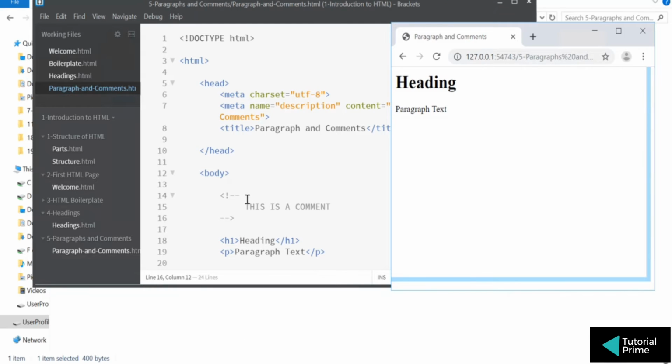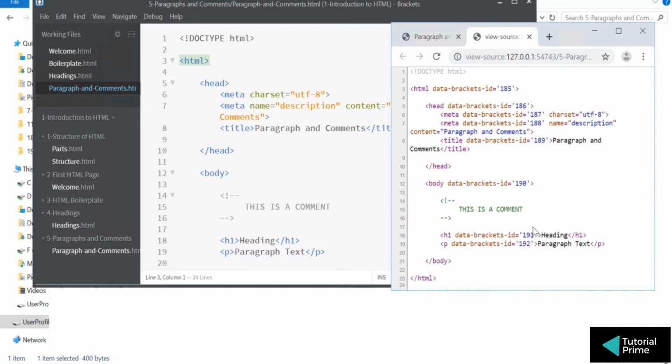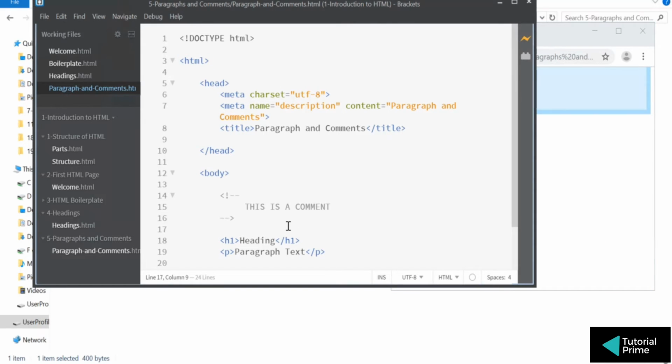So if you look at this, you cannot see the comment here. If you right click and say view page source, then you can see the comment written in the HTML, but obviously you cannot see that comment on your web page. Alright, and this is the only comment that is available in HTML. Typically you have single line comments and multi-line comments, but everything that you write as a comment uses this.